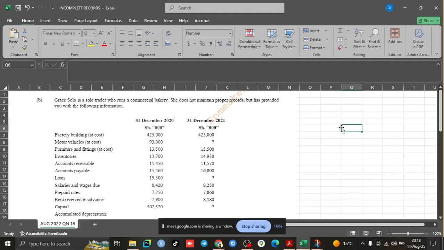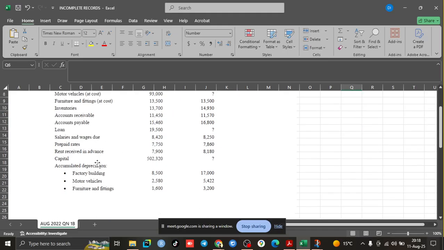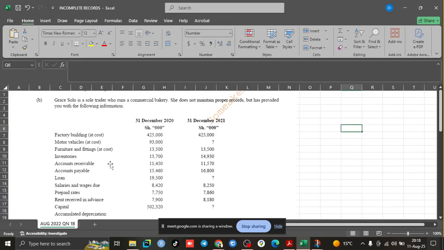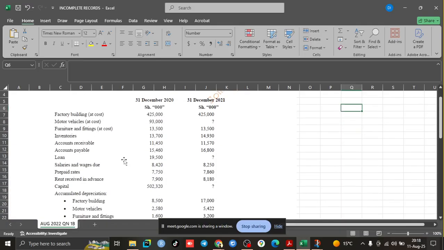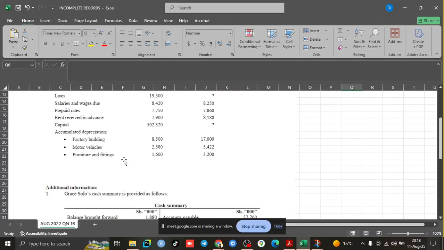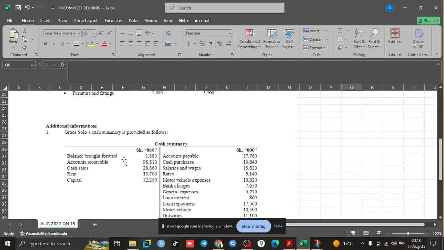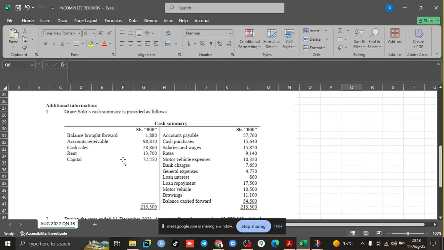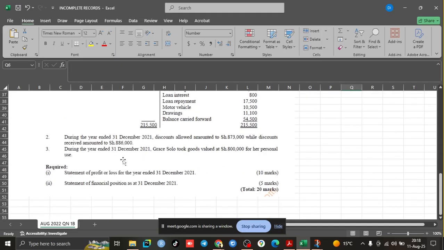Most of the time hawajuangi double entry wakisema aje complete ama aje maintain proper records. So kuna factory buildings, motor vehicle, furniture, all those. Conspicuously, you can't see any value ya sales na purchases. Haiko listed. The reason haiko listed ni because we have to create an account ya sales na purchases tuzipate as